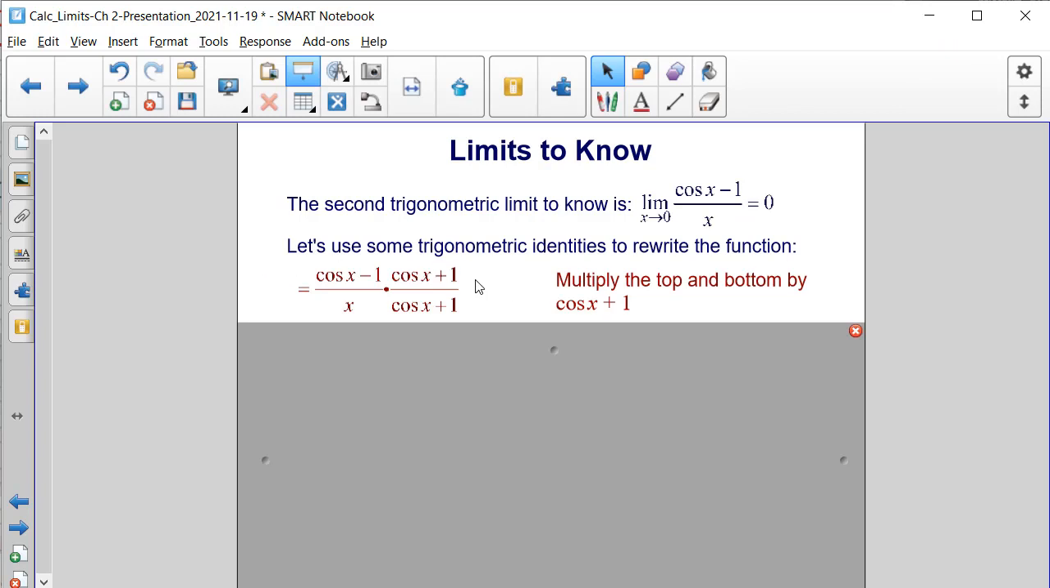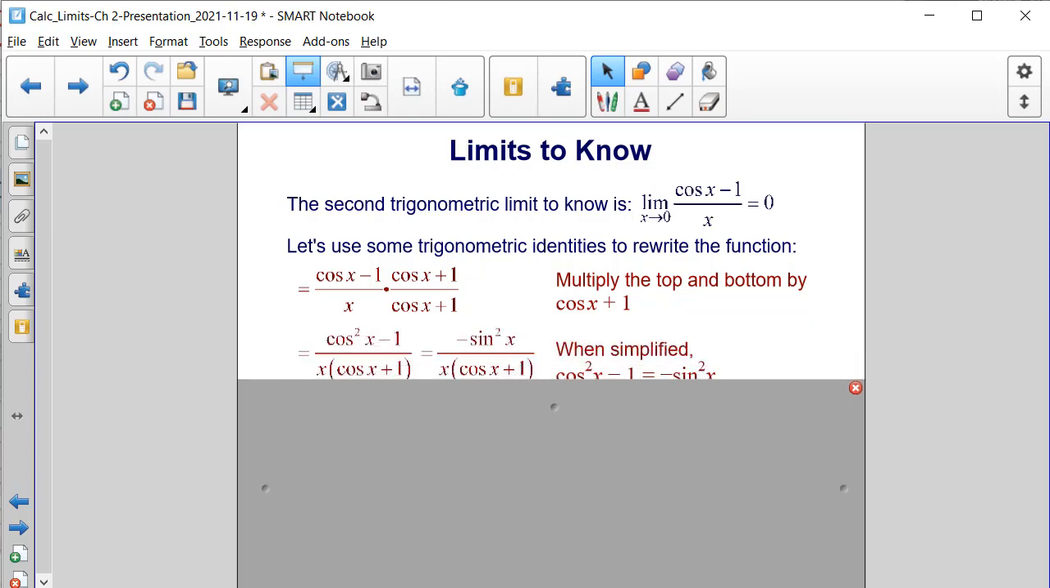We'll start by multiplying both the top and bottom by the conjugate of the numerator, which is cosine of x plus 1. When we do that, we will get cosine squared of x minus 1, and then in the denominator, we will get x times the cosine of x plus 1. And due to the Pythagorean identity